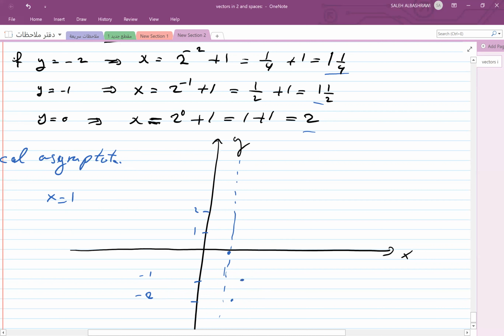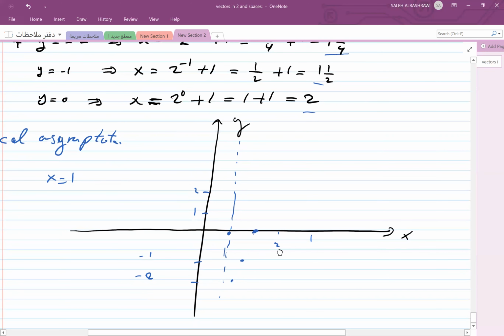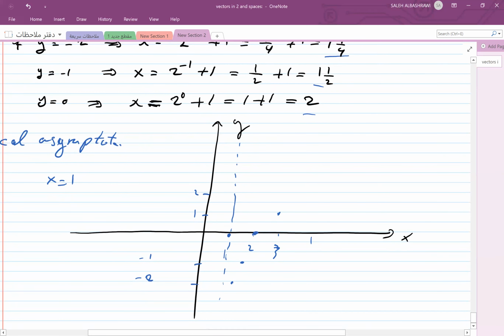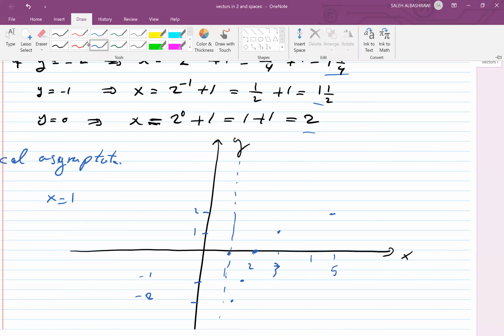Third point is 2 and 0. Then we have 3 and 1. And then we have 5 and 2. So the graph for this function now will be